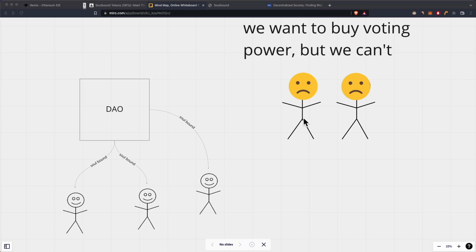Not only can these people sometimes not have the best interest for the decentralized organization, but if they have most of the percentage of the voting power, they can also do something like a governance attack. So the soulbound tokens would really solve these issues, because the governance rights would be forever fixed to these people